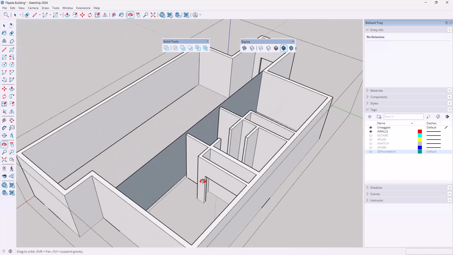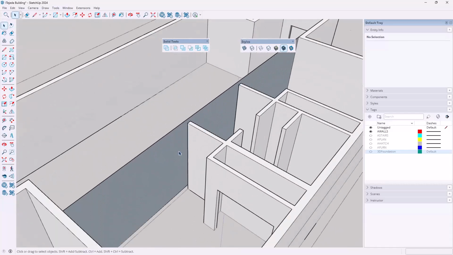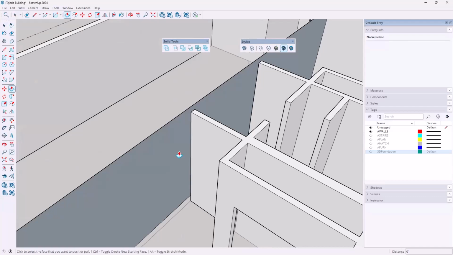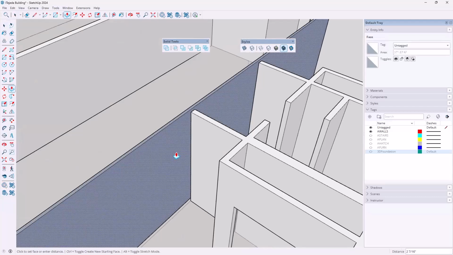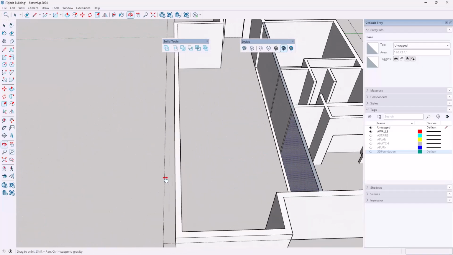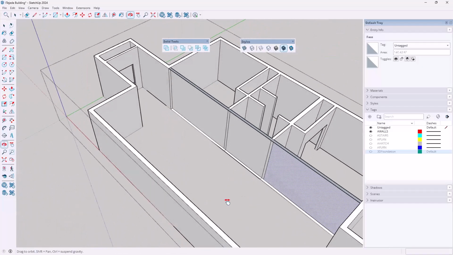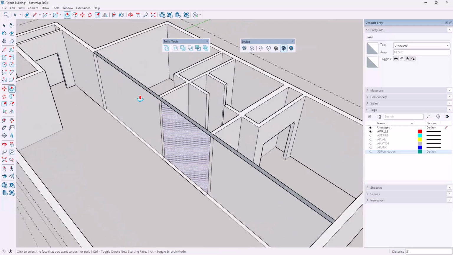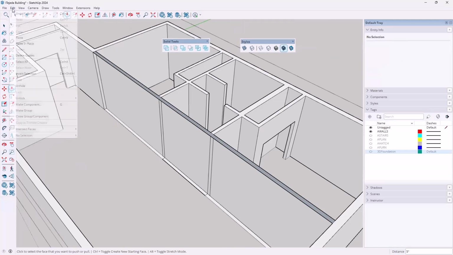And I know that my wall is 5 inches thick. So I'm going to type P for push pull, click here, and I could type 5, but I'm just going to let it snap to that endpoint right there. There we go. And notice this wall. Oh, interesting. So notice how it removed this other side. This happens every so often. Again, I'm glad this is happening to me so that you can see how to resolve this. So here's what you'll do. Edit, undo that